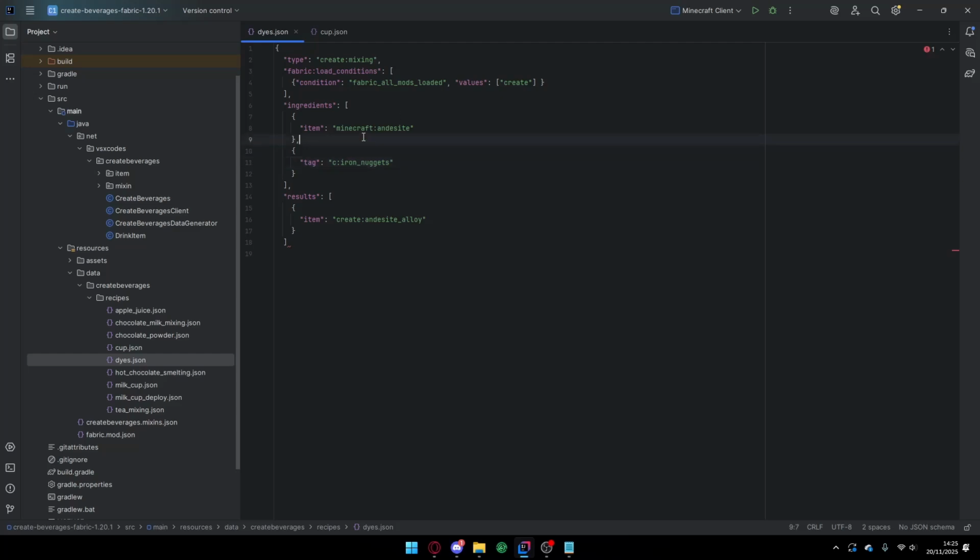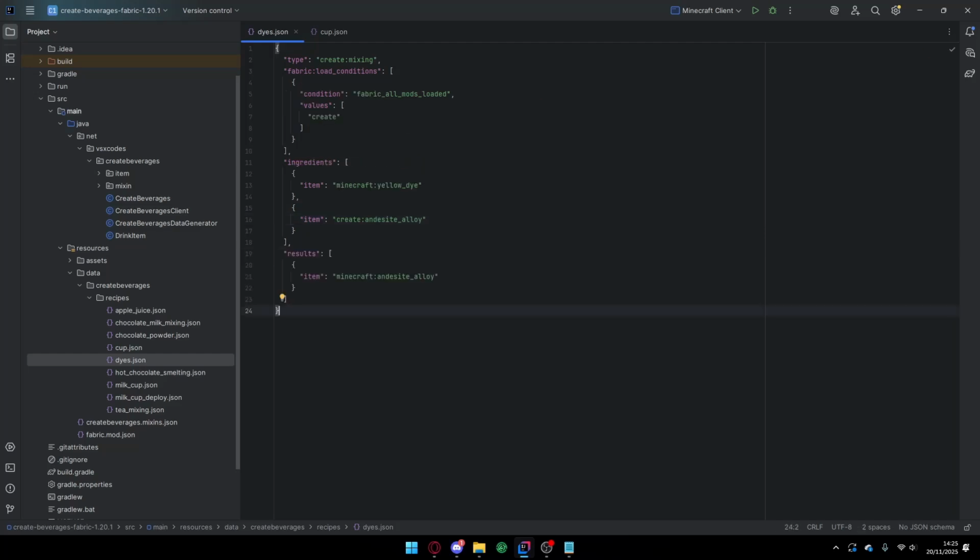Okay, so what I copied has a tag. A tag is a type of block, like the wood tag, so any wood you can put in. But I don't want the wood, so I'm going to put create and change that to item where it says tag. Also, before the colon is where the block or the item is located. So mine is create, and I want andesite alloy and, for example, yellow dye, and the results is where it will output. So item, I want it to make